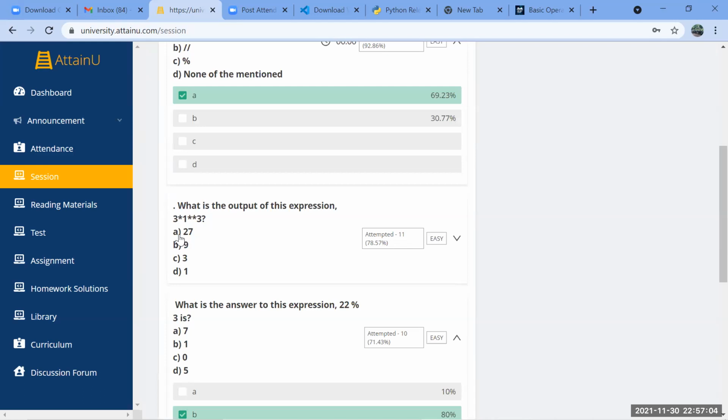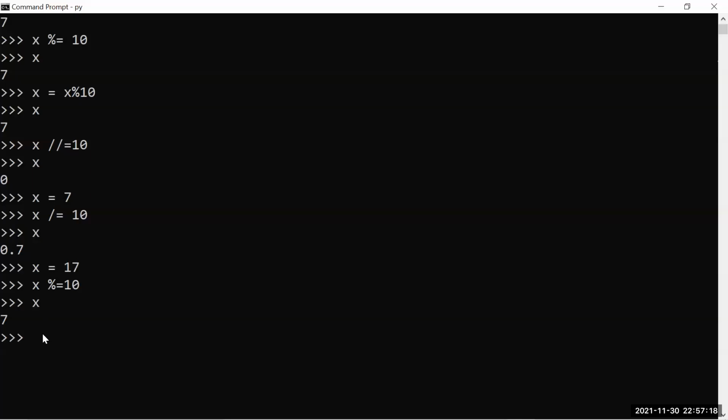Now in this case, what is it that it is not understanding? It is saying 3 into 1 power 3. Yeah, 3 into 1 is 3, and 3 to the power 3 would be... Okay, is that how you think of this? Now let's see here. Is this terminal visible to you all? Yes. 3 into 1 into 3.